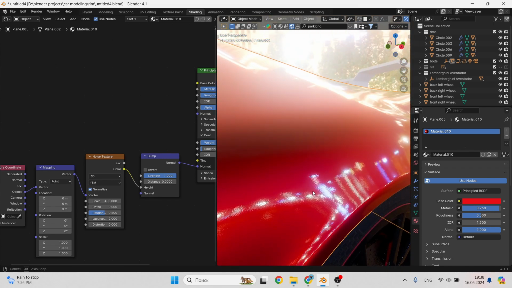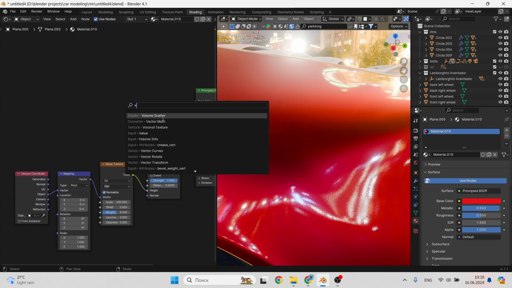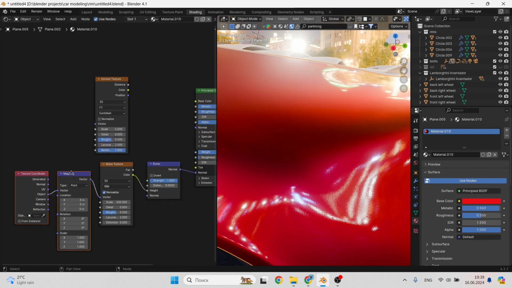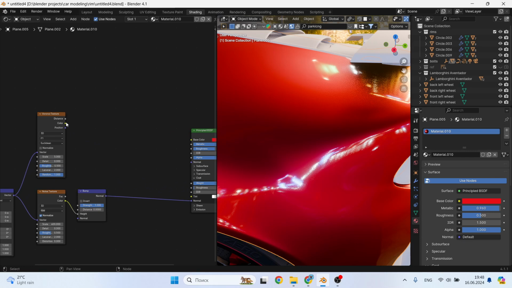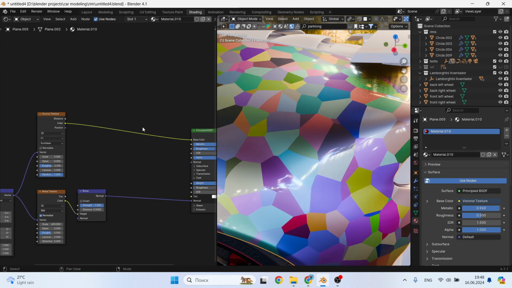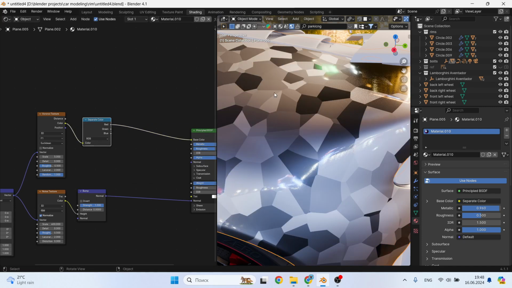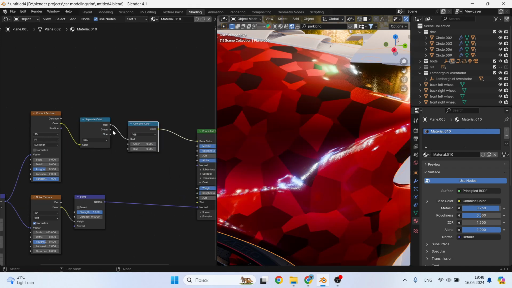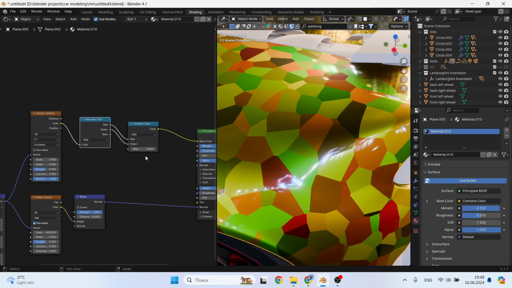Now we need to add the effect of metal shavings in the paint. To do this, we need to add the Voronoi texture to our same mapping and to base color. And we got a pretty funny picture. You will probably think how metal shavings can come out of this. To do this, we need to separate the colors and then connect them. This way we get control over the RGB colors.